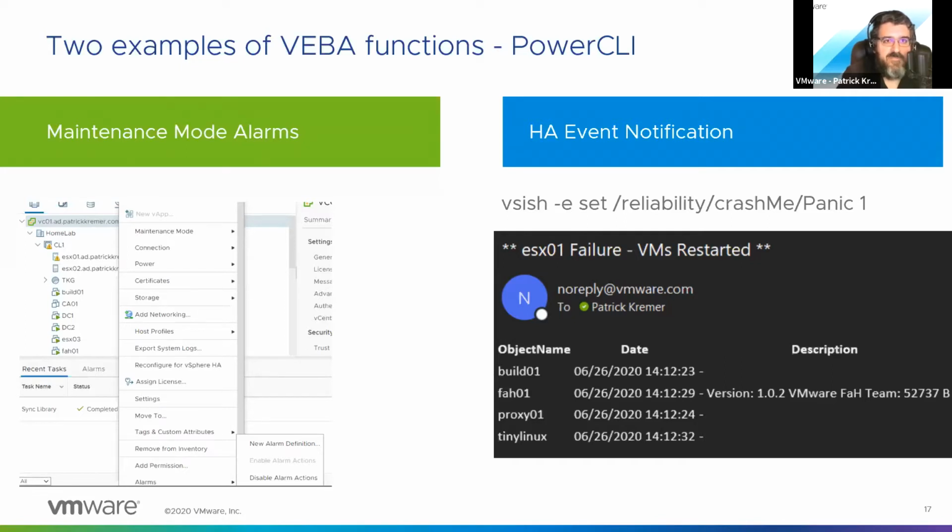Now, this other one on the right that comes with VEBA right out of the box, HA event notification. So if a host goes down, HA fires and restarts virtual machines, and you get an email list of all the VMs that were restarted and when they were restarted. So it's pretty cool, right out of the box. Something that I've had to do as an admin, go, hey, give me a list of everything that failed. And then that vsish command is a nice one. That forces a purple screen of death. So that's how I caused the screenshot for this email to happen. I purple screen part of the home lab. But it's really fun to mess with somebody too in a lab, make them think that they blew up a host by SSHing and firing off that vsish command.